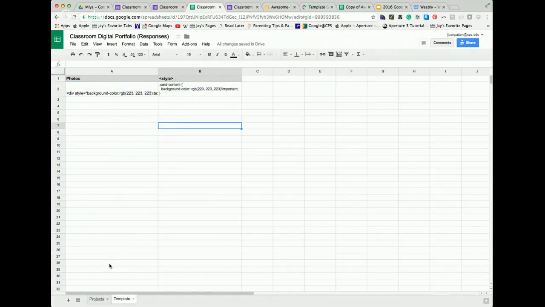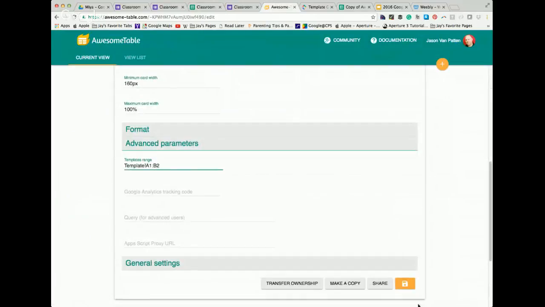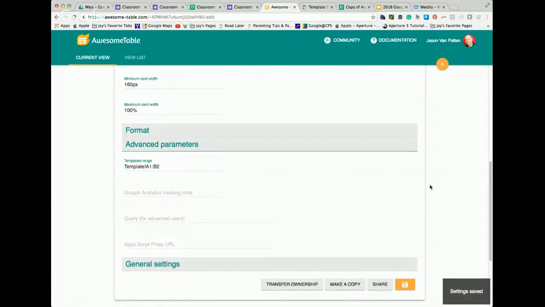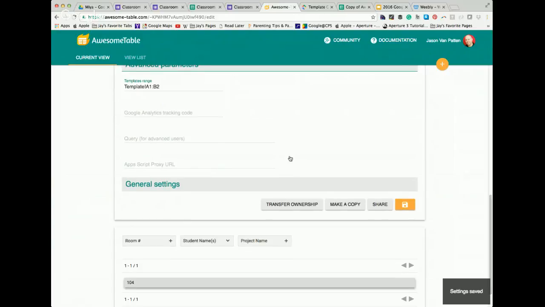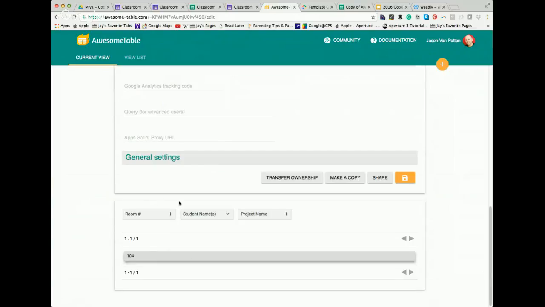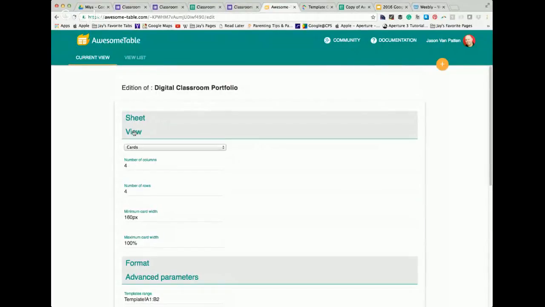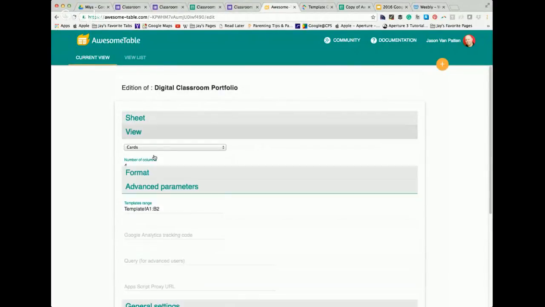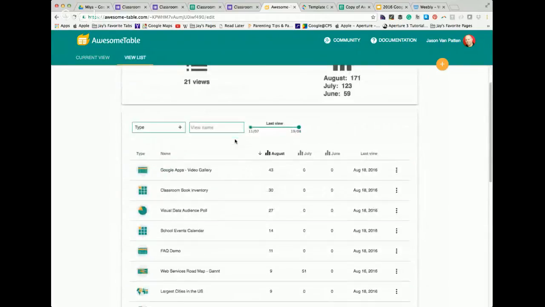Okay. So now that we've done that, we're going to go back to Awesome Tables. We're going to hit Save. Okay. And we're going to see how this looks. Okay, so we're getting there. It didn't actually do what I had hoped. So what I'm going to do is I'm going to go into the settings for,